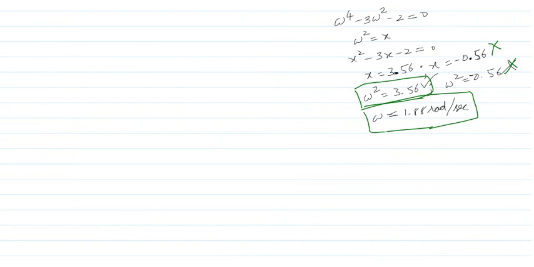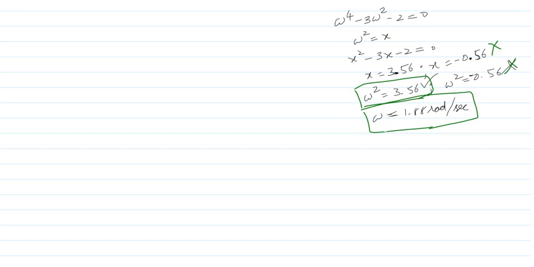So what I can do is, let me put omega square equal to x. Now this expression becomes a quadratic expression: x square minus 3x minus 2. Now use your calculator, you get a value 3.56, another value minus 0.56. Since this is a negative value, and x is nothing but omega square, it cannot be negative. So I am ignoring this value, and taking only 3.56. Now, the reverse operation: I put omega square equal to x, now I am putting x equal to omega square, because I need the answer in omega.